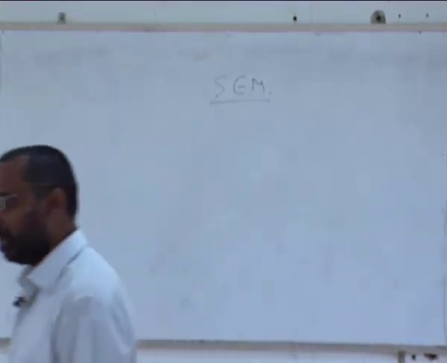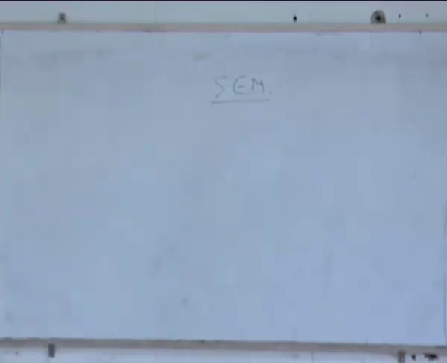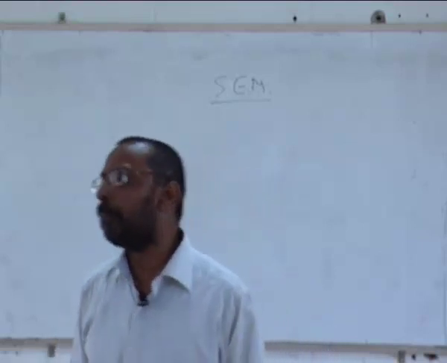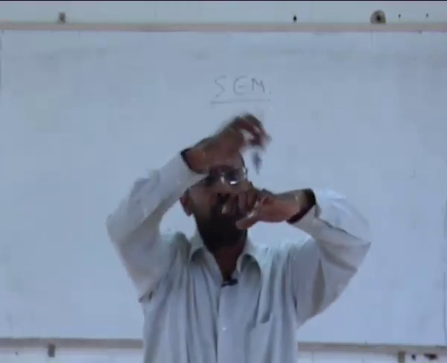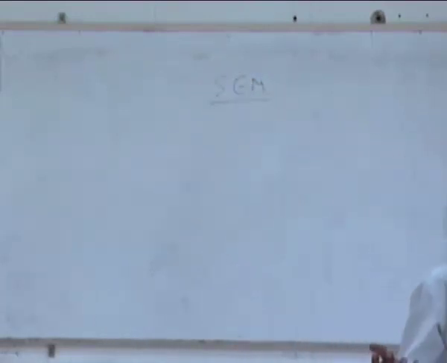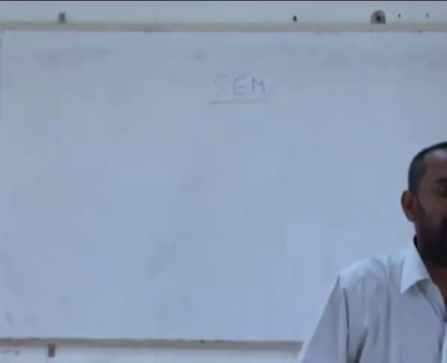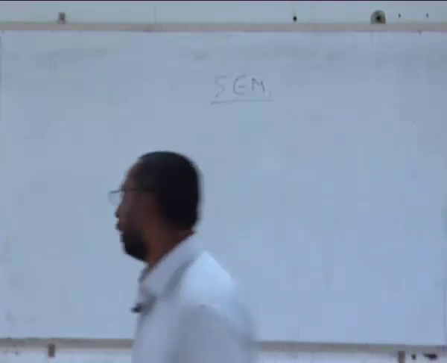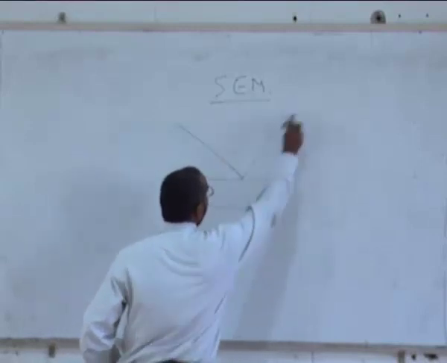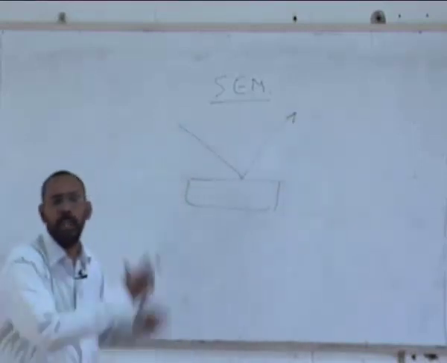As the name suggests, it is also an electron microscope. That means the beam that I am using is an electron beam, except that it is not a transmission electron microscope. In a transmission electron microscope, the beam goes through your sample and comes out. Whereas in a scanning electron microscope, it is almost like an optical microscope, where the beam gets reflected from the surface and you see the image of the surface using that. So this is a technique where you have your sample, the electron beam is reflected from the surface and you see the image of that.